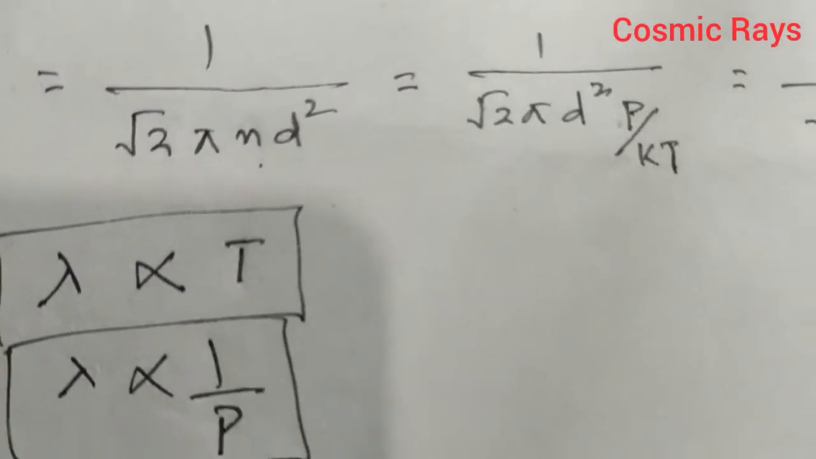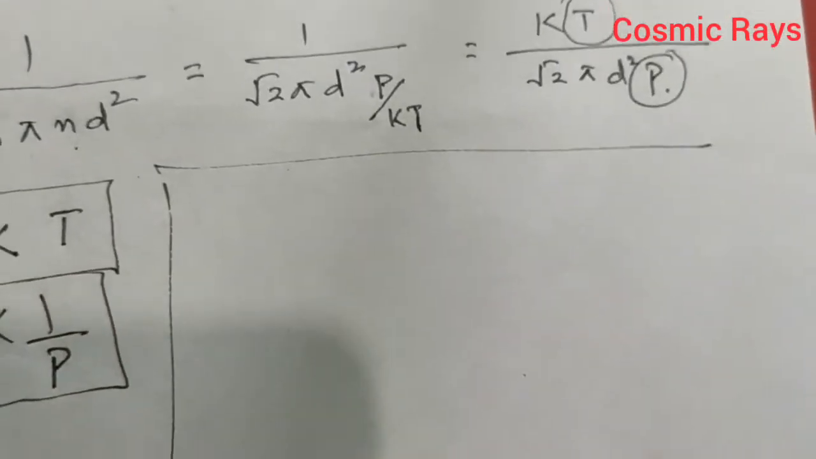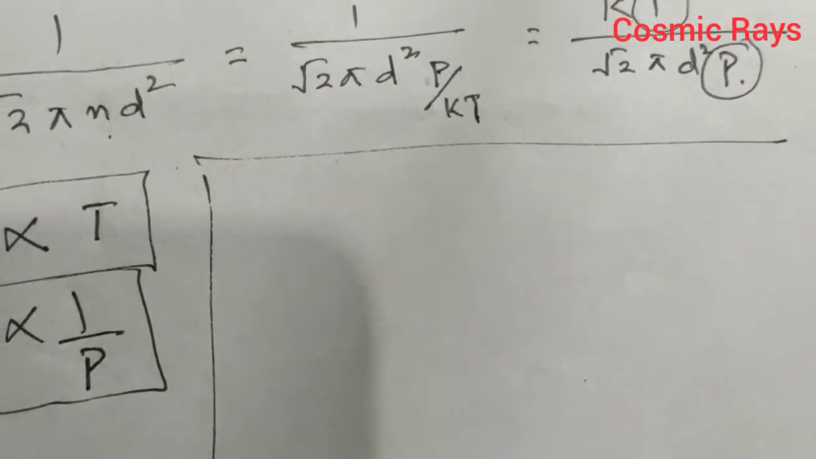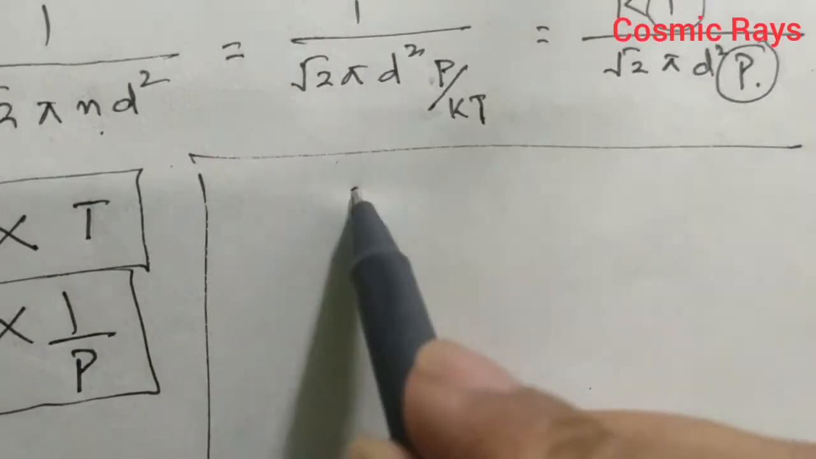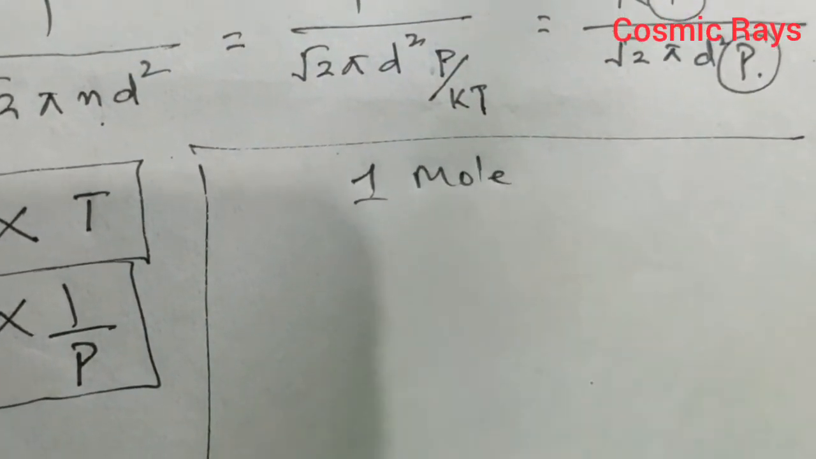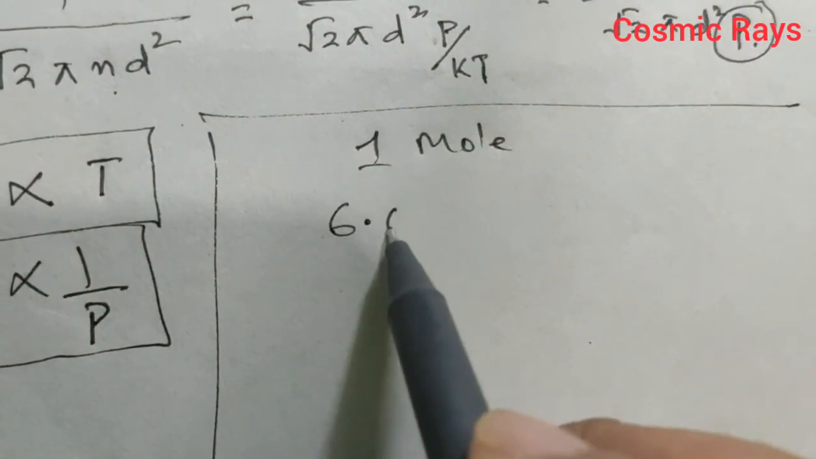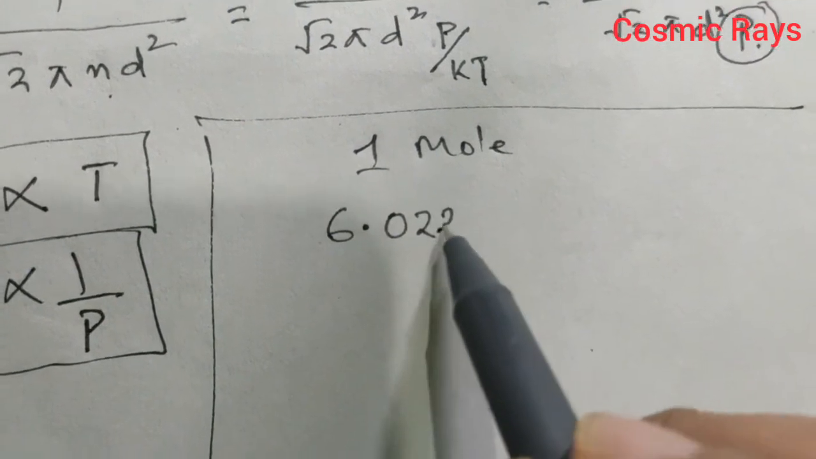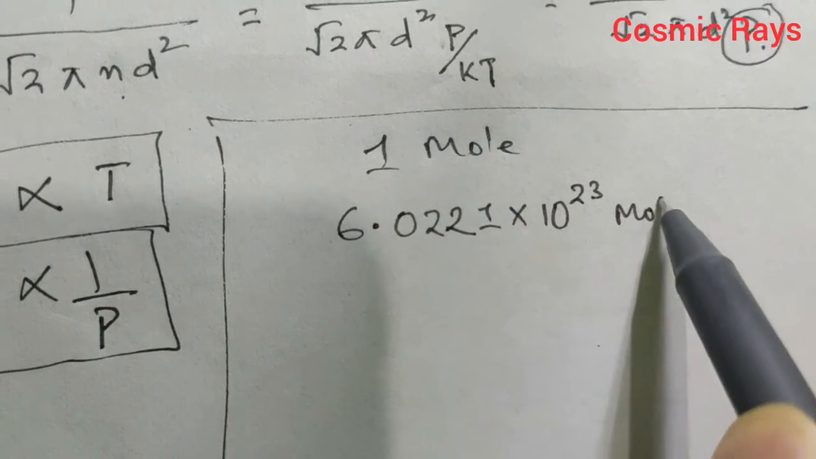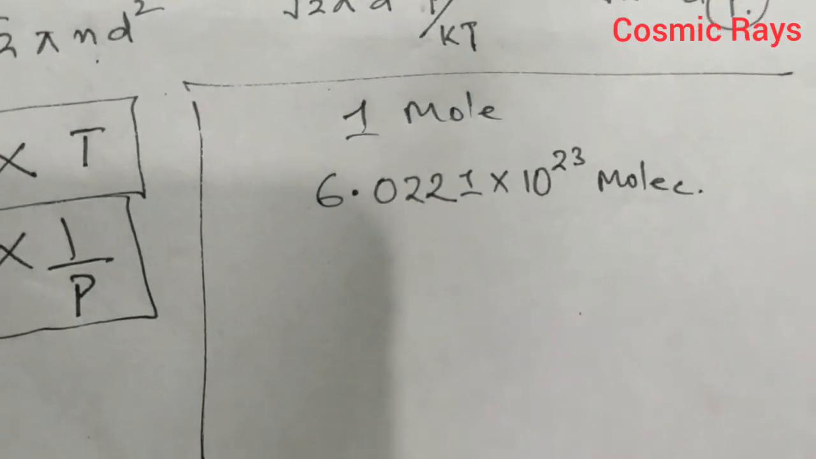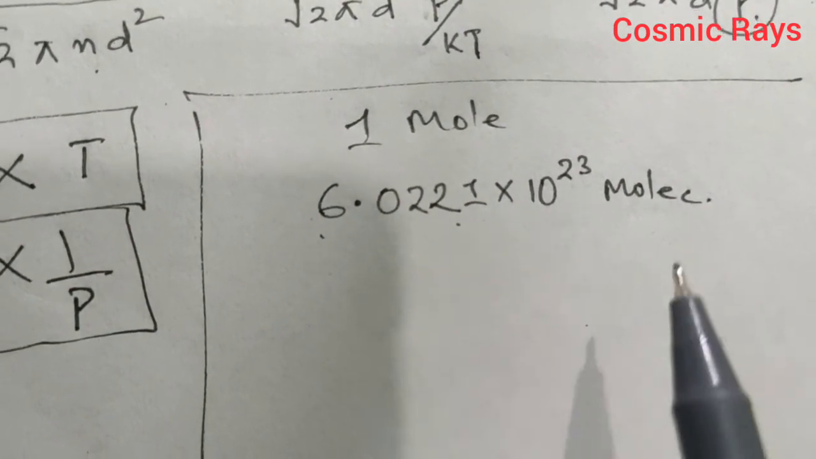Now finally we have to know a little bit about Avogadro's number. Avogadro's number is the number of molecules that is present in 1 mole of a substance. Now what is that number? The value of Avogadro's number is 6.0221 multiplied by 10 raised to the power 23 molecules. That means when we talk about 1 mole of a substance, that will contain 6.0221 into 10 raised to the power 23